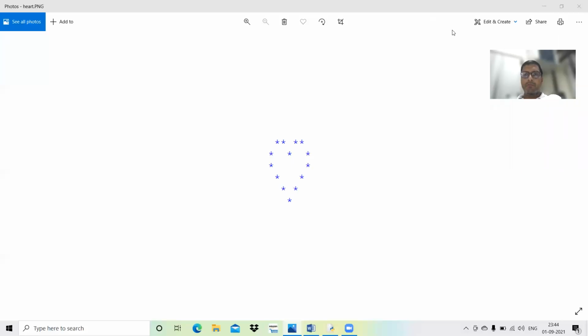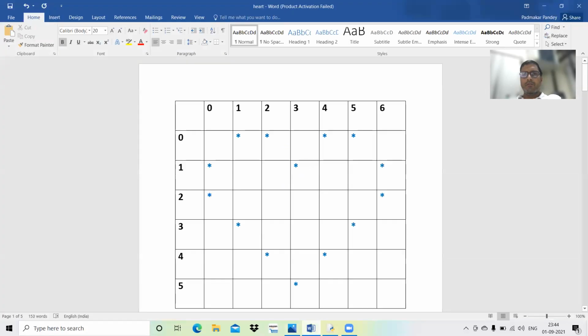Hello everyone, I'm going to tell you how we can print a heart-like shape using a nested for loop. Okay, so let us see how it can be done. As you can see on your screen, I have written this star shape in tabular form.